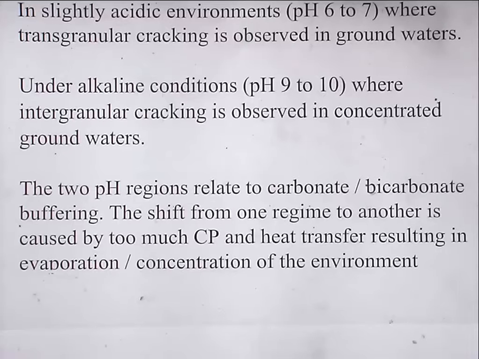And the change of the groundwater from this alkaline condition, which hydrogen carbonate is naturally in, to this near neutral environment is related to the evaporation and cathodic protection system applied to the pipe. So they modified the environment almost by accident, and that led to another mode of failure, a transgranular failure instead of an intergranular one.